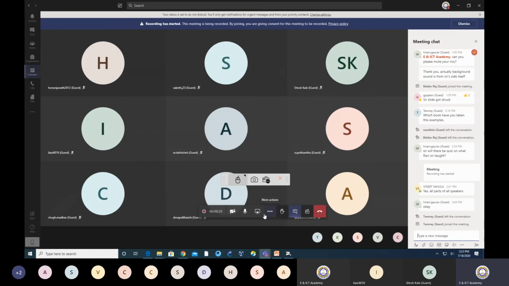Now our module 5 would start from Monday. So tomorrow we have an exam. Okay. So for the exam the Canvas platform will be there. We will start the exam at 10 o'clock. The instructions you will be given once you join the Microsoft Teams, and then the link will be shared with you. Then probably you can start your exam through Canvas. So tomorrow there will be an exam. Then afterwards, from Monday onwards, we will be starting with our next module, module 5.